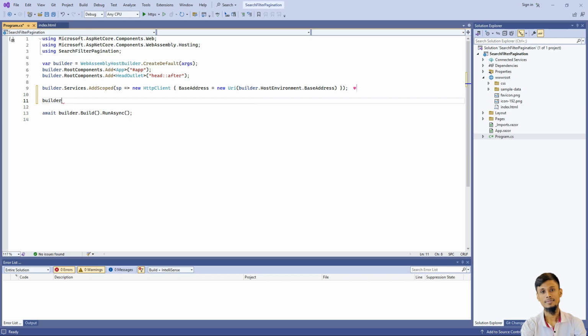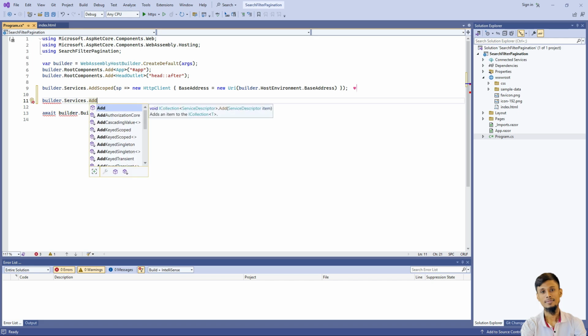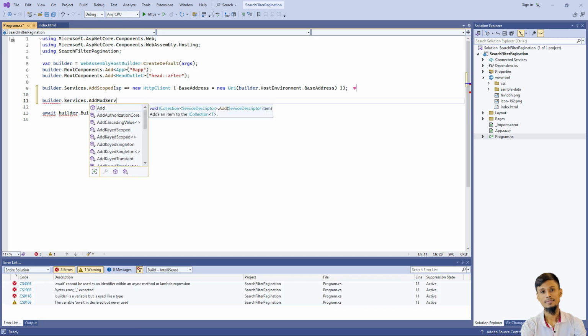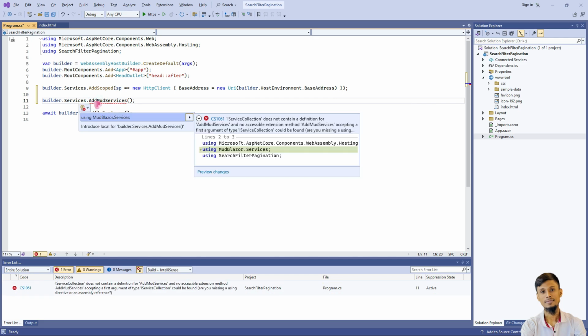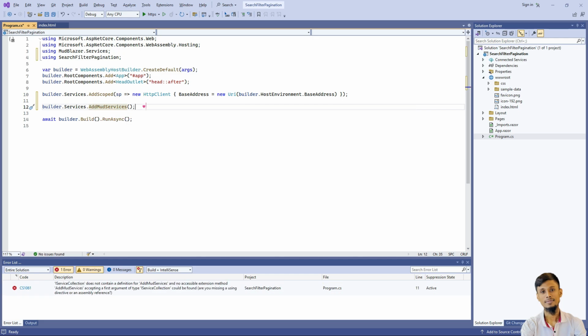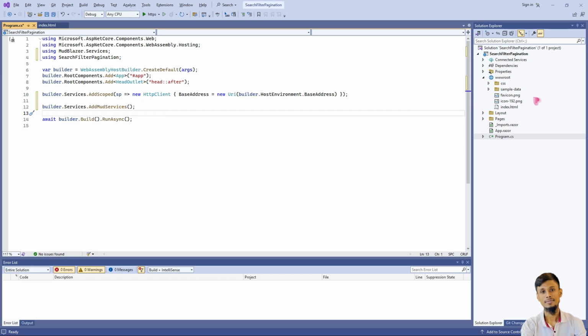add builder.Services.AddMudServices. Okay, so don't forget to add this using MudBlazor.Services and add MudBlazor services, and then expand this Pages and